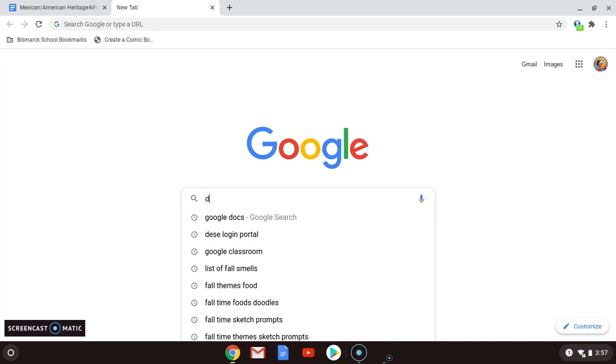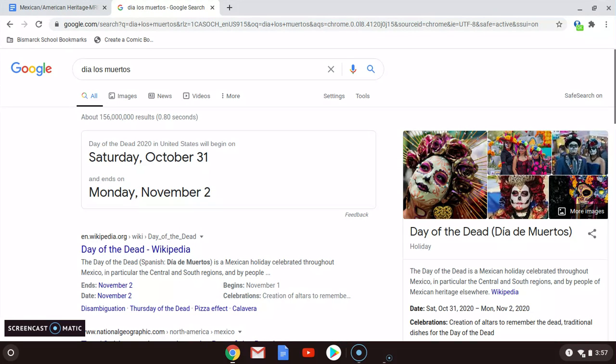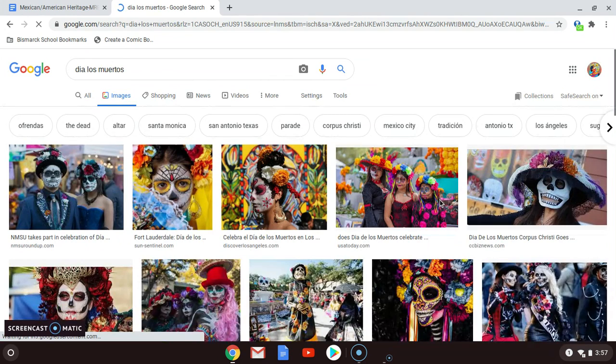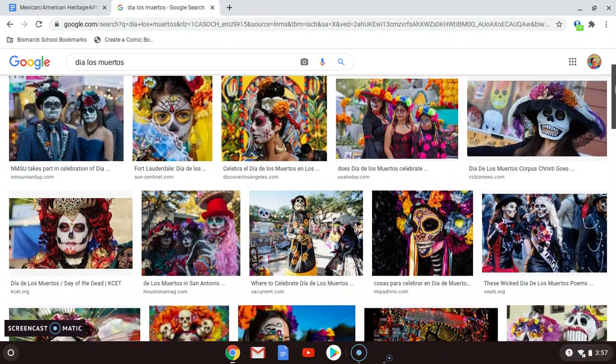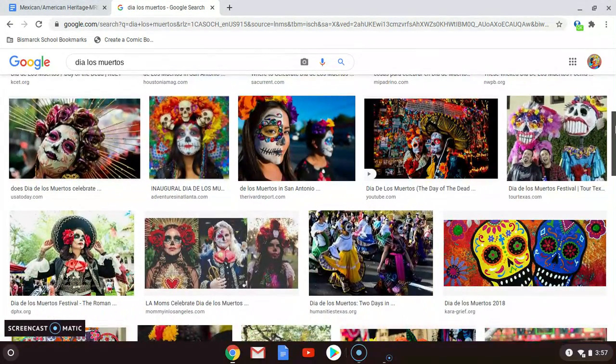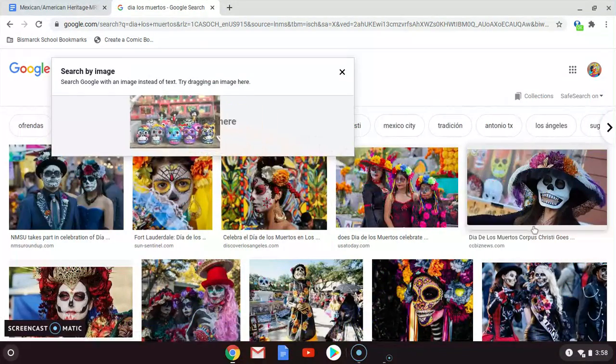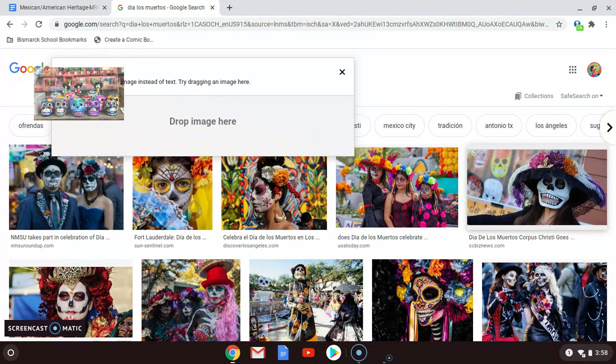When it comes to images, I'm going to type in Day of the Dead. And as things pop up, I'm going to go over to images. And as I'm looking at things, ooh, there's a lot of colorful, beautiful things. But I'm going to take the idea of these sugar skulls, and I might include some of these little guys in my